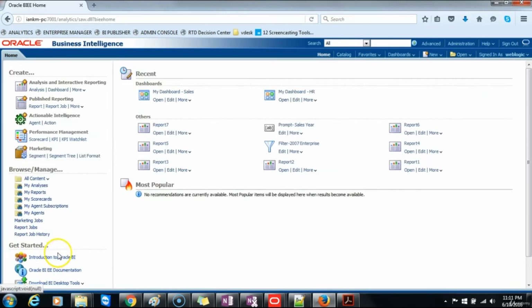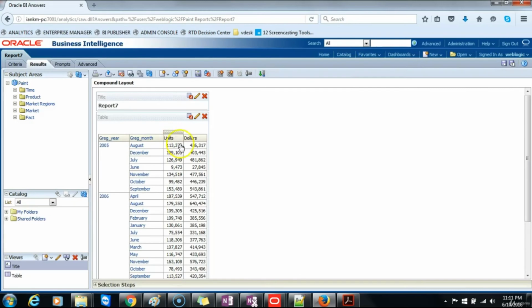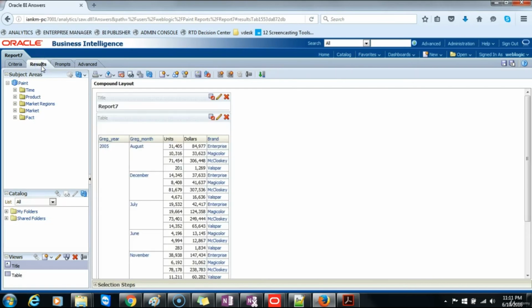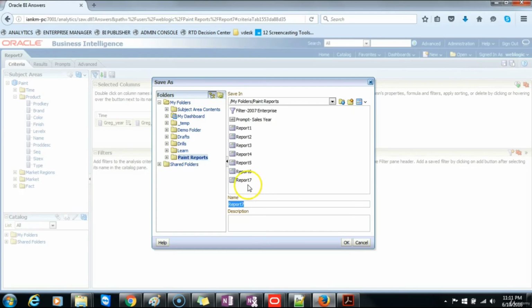Once on the home page, we want to open report 7, which is the last report that we worked on. Then go back to the criteria. Add an additional column. In this case, we'll pick one from the products table and add it. Check the results. Then we want to go back to the criteria and perform a save as report 8,